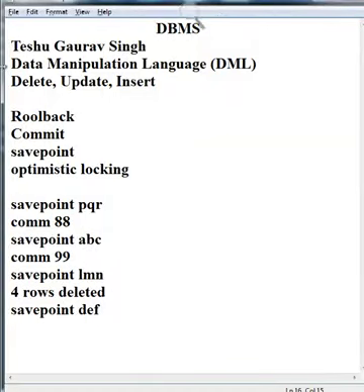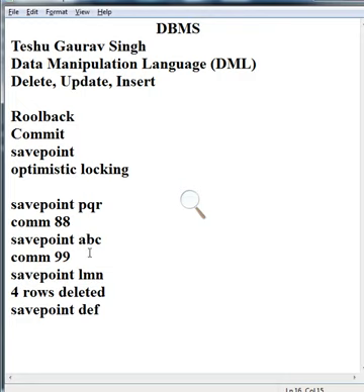And if we roll back up to point ABC, what happened here? The save points we gave after that have been cleared automatically. So after rolling back to a particular save point, all the save points after that are cleared automatically. We are left with save point PQR, but we do not have those later save points.